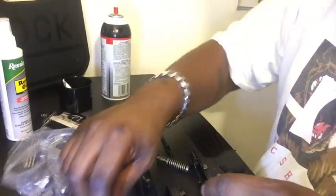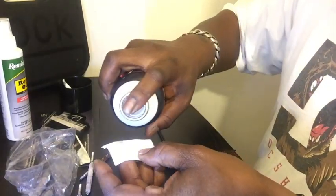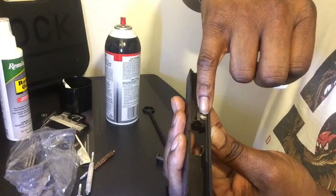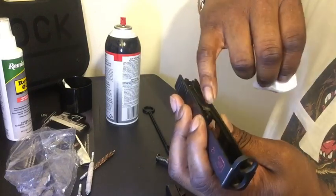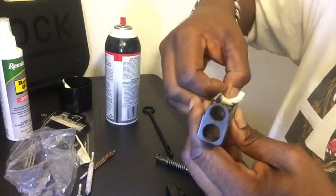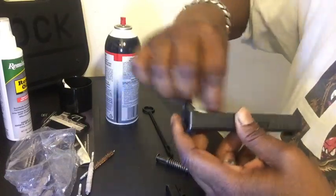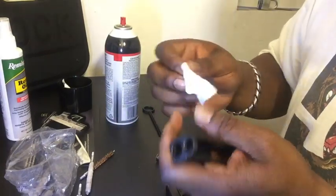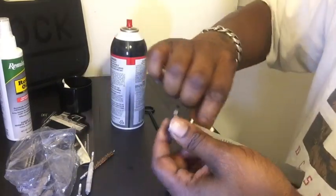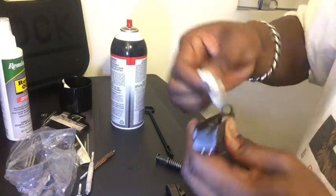For your slide, same process, just without the bristle. Spray it down a little bit. And you want to get your safety. This right here is the safety for the pin. You get in there, you want to clean all that down. Once you get in there, wipe it down real good. Both sides. Do this side of the slide, do this part of the slide,